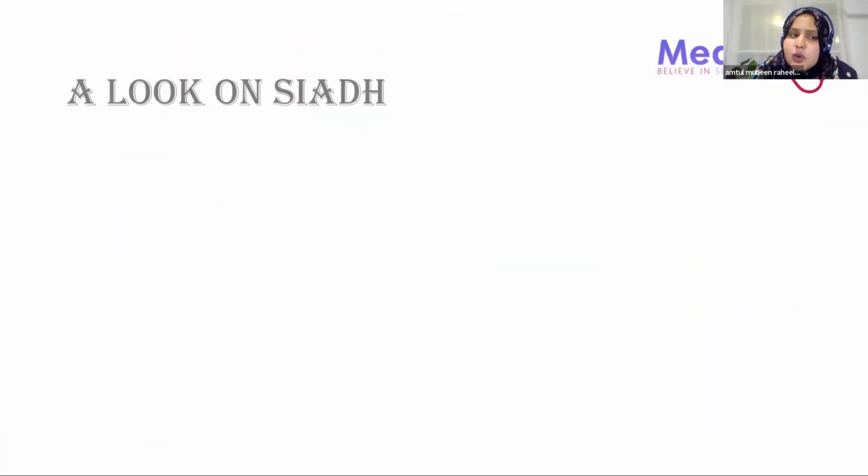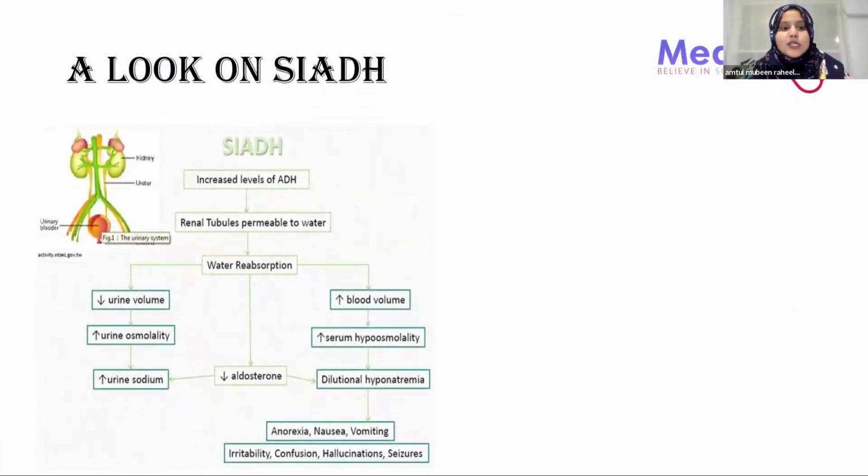And somebody has said SIADH. Why was SIADH an option, guys? SIADH name itself says syndrome of inappropriate secretion of ADH. What does ADH do? ADH concentrates your urine, right? So it's secreted. When it is secreted inappropriately, what will happen? There will be more water reabsorption. Urine will be concentrated more. Now ADH is for reabsorption and concentration of the urine. So when the urine is getting concentrated more, the urine volume is going to decrease. Urine osmolality will be on the higher side.